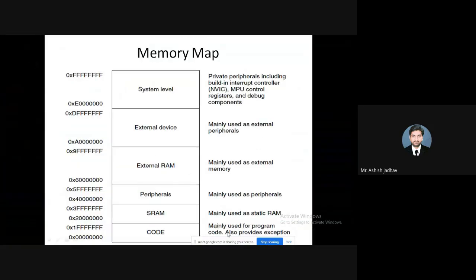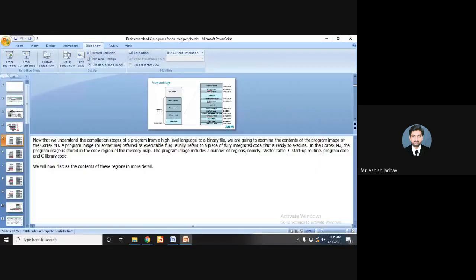So if you can observe this memory map of Cortex M3, this complete memory is of 4 GB. Out of that, code memory is having a size of 512 MB. I'm talking about this code memory now.